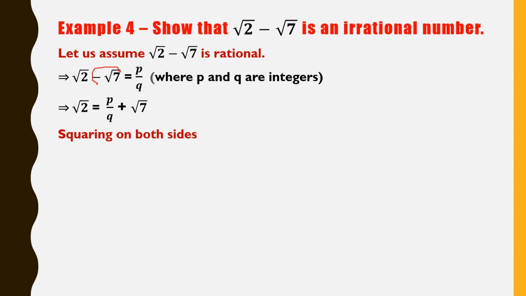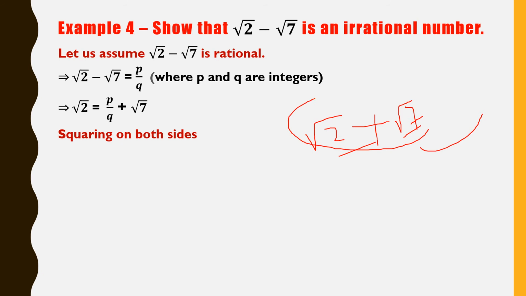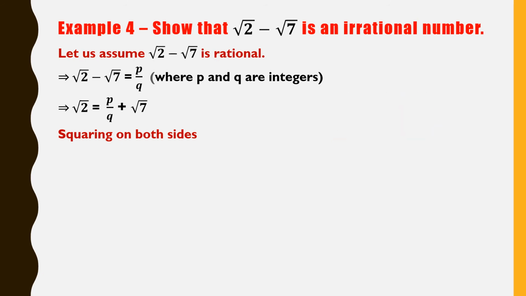Okay, you may be having one doubt: if the question is given with both plus, like root 2 plus root 7, here you can send anything there. As both are having a plus symbol, you can send anything there. Okay, such type of problem is also there. We'll go through this later. Now we send this minus root here, then it became plus root.